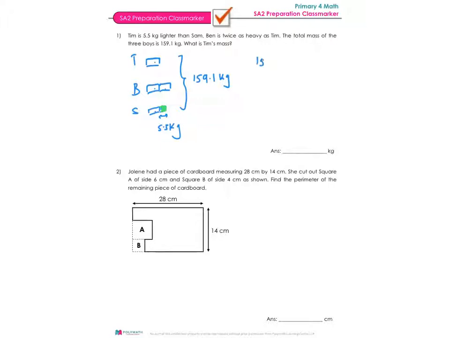Then we can do division to find what the amount of 1 unit is. Okay, so 159.1 kilogram minus 5.5 kilogram will give us 153.6 kilogram. That will be equal to 4 units. So you can write 4U to remind yourself. So 153.6. You want to find Tim, which is 1 unit, so you just divide by 4. That will give you